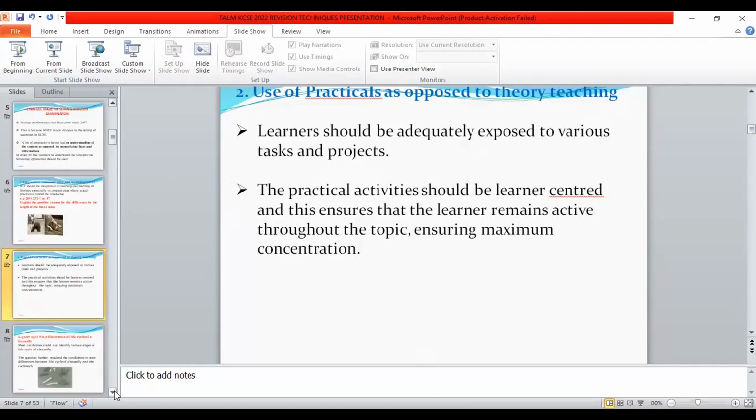And you find that most of the topics that are perceived to be difficult to the learners are also boring to them. Even when you look at us teachers, we also find the topics a bit challenging as well as boring. In order to make these topics more interesting and easy to the learners, we teachers need to organize practical activities as well as projects, so that these practical activities are learner-centered, and because they are learner-centered, learners are present and very active in the learning, and therefore this is going to make learning much better for them.